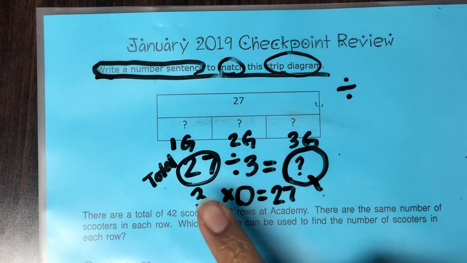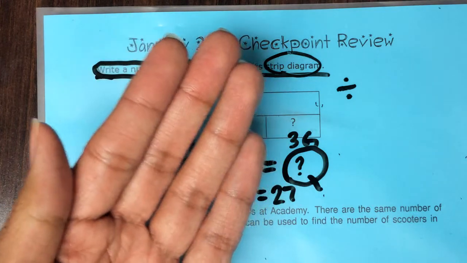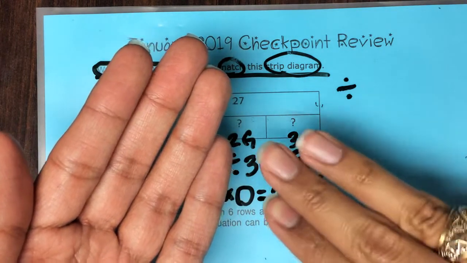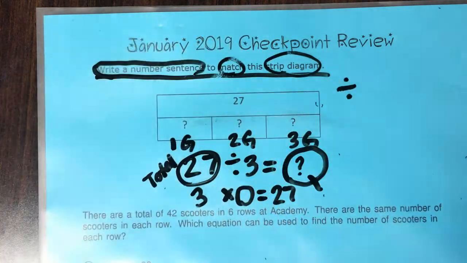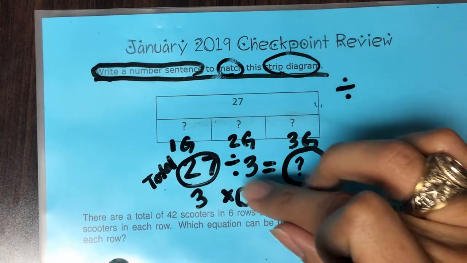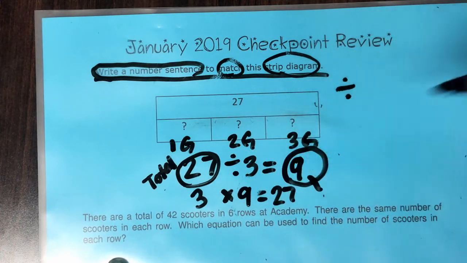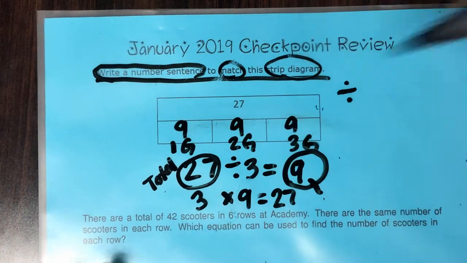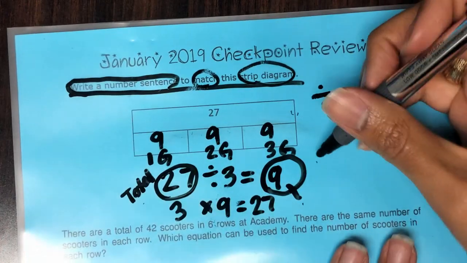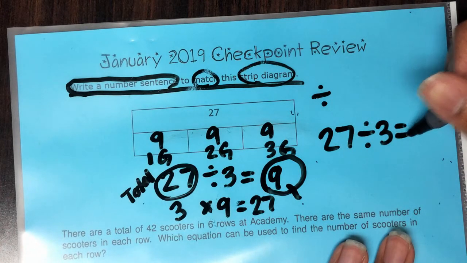Since we don't know, we can sing the 3 song. 3, 6, 9, 12, 15, 18, 21, 24, 27. And how many fingers do you have? You have 9 fingers. So that means that our missing number is 9. So that means that 9 is our quotient, and the missing number in these groups is 9. So the real number sentence for this problem was 27 shared equally by 3 equals